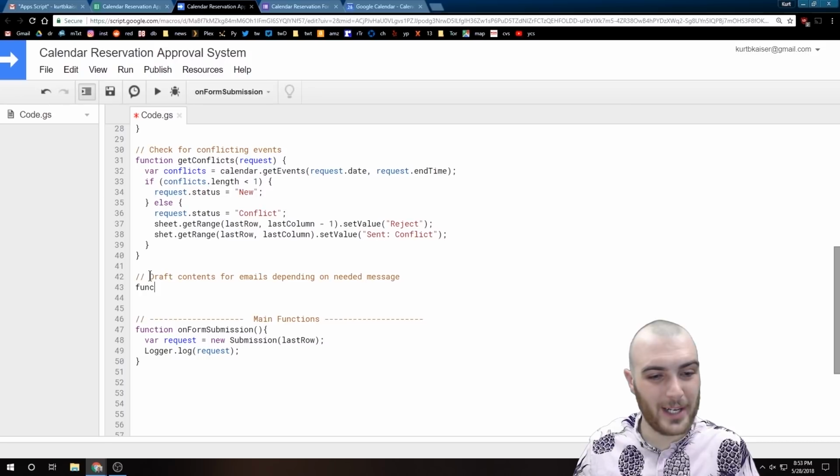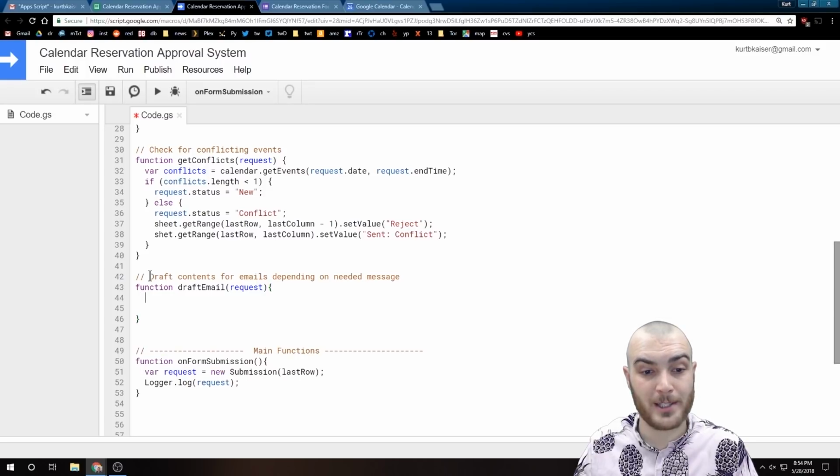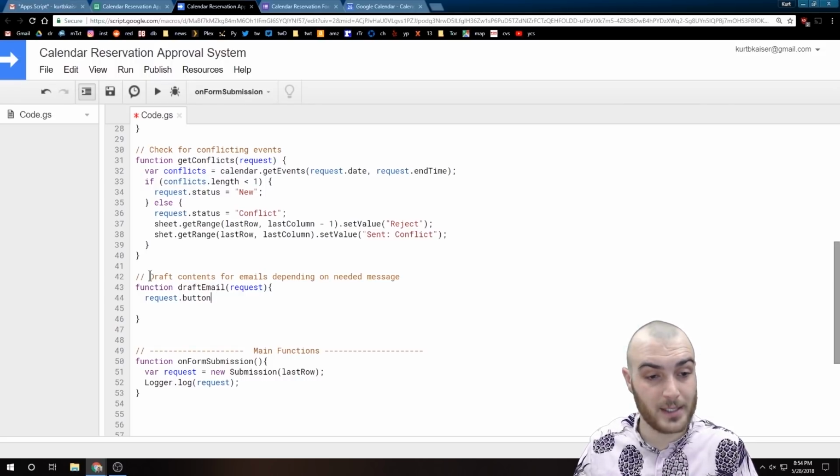So I'm diving right into our next step here, which is on line 42, again for the comment, draft contents for emails, depending on the needed message. So this is going to be used for each different type of email we send. I think there will be 6. I think there's 5 in the end. I think there's 5. Draft email, our prototype will be request again, that